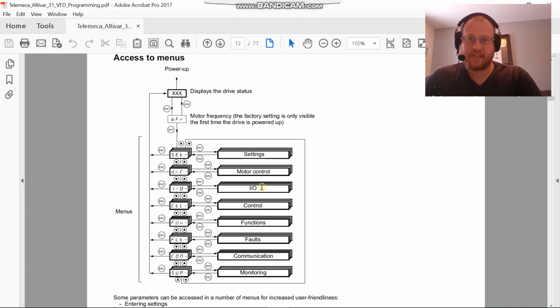So what do we want our digital inputs to do? Should they run? Should they stop? Should they jog the motor? Do we want 2-wire control or 3-wire control? When do we want our outputs to come on? In the event of what fault do we want our outputs to come on? The control menu. So how do we want things to be controlled? Functions,